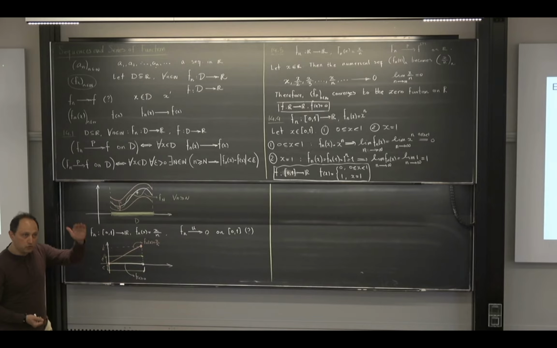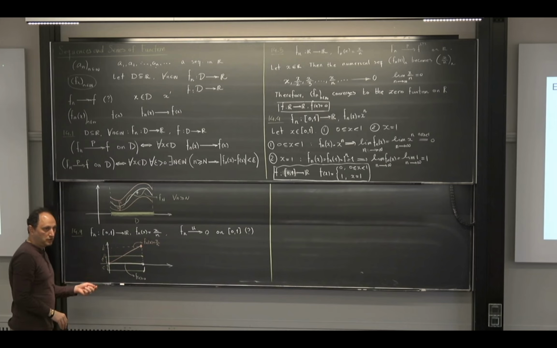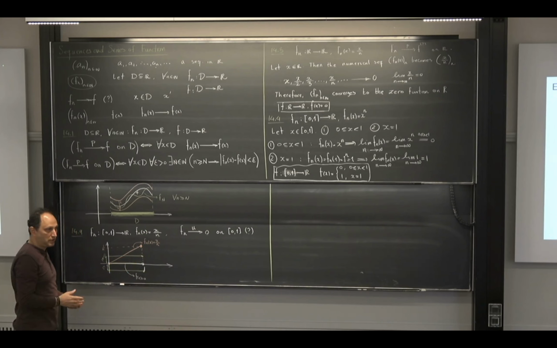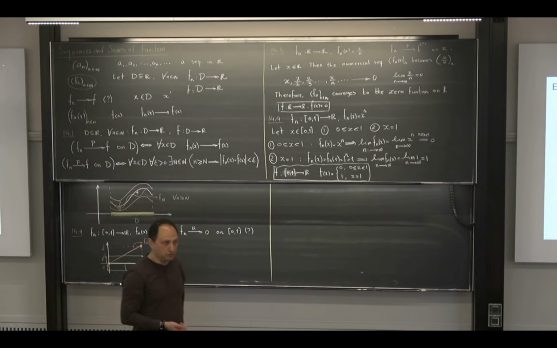But let me try to increase n. So what will happen when I increase n? When I increase n, this is fixed. It's like a hinge, and the line will start rotating and coming down. Okay? So at some point, I hope that you agree, if I increase n a lot, this line will completely be in the band. And if it becomes in the band, everything afterward will also be in the band. So, is that right? So this kind of idea is already telling me that this convergence is uniform.